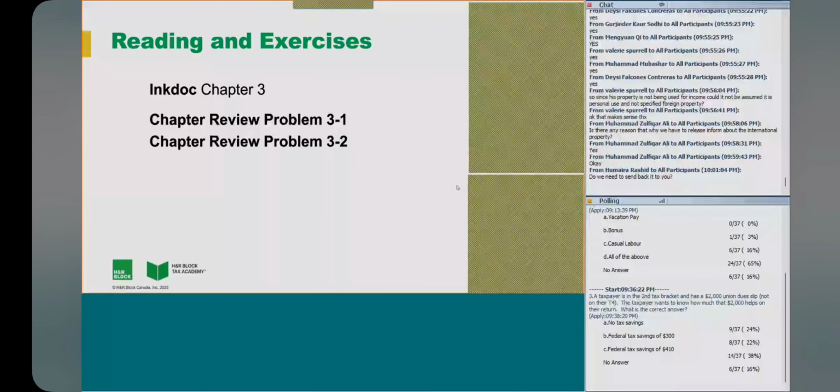Today we lost a little bit of time for the video, but for these chapter review problems in particular, they're relatively straightforward. They're not too complicated. They're not going to take that much time. So we'll go over them at the beginning of next class, and this way you've got a chance to work through them. For next time, for Wednesday, I would like you to read or at least skim over chapter 3, and if you have time, please attempt, and if you can't finish, chapter review problems 3-1 and 3-2. And if there's things that